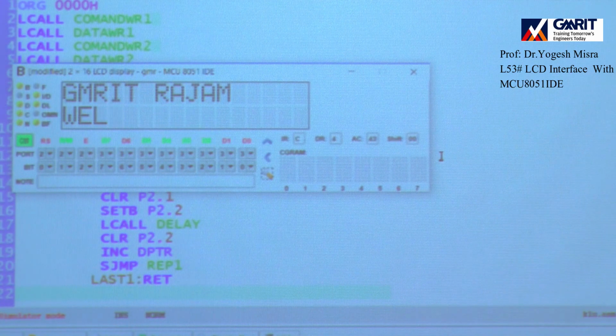Now the second line is also coming from the first column. So in this way we can interface the LCD with our microcontroller, and in this way we can write our programs.